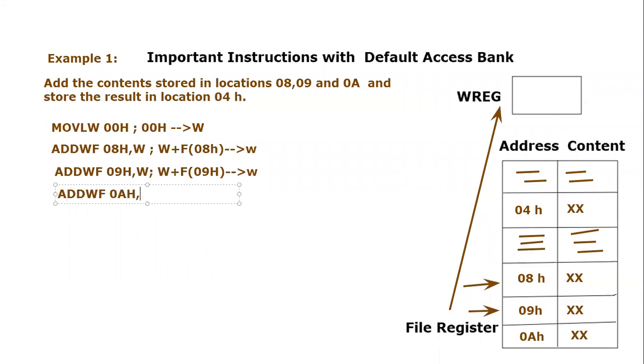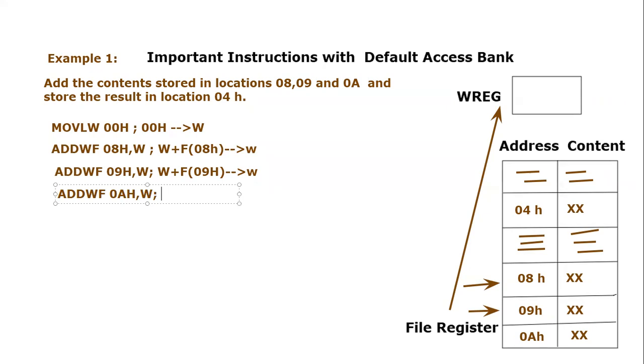This time we are adding the third location, which is 0AH, and we will also store the information in the working register. But possibly there was a carry